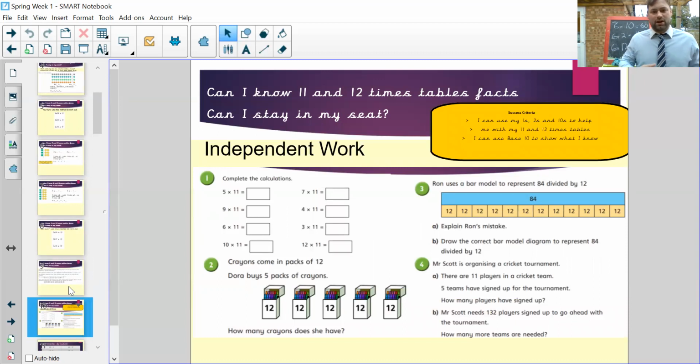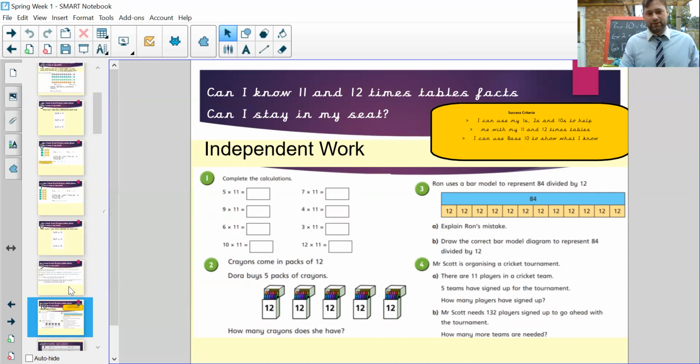Lastly, you need to try and work out these questions independently on your own. And you can do these on a sheet of paper or your whiteboard that was provided for you. The first questions are very self-explanatory. You just need to complete the calculations. Once you've done that and you want a bit of a more challenge, have a look at this question here